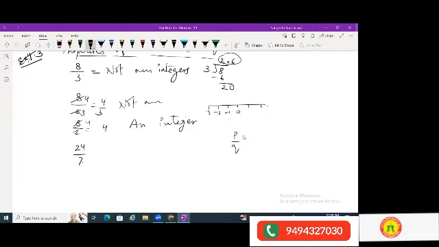ये भी एक डेसिमल फॉर्म ऑफ राइटिंग है, but this number is actually a fraction in p/q form, because we are not getting remainder 0. ठीक है. इंटीजर वो होंगे जहां पे हम divide करके get a remainder 0, but in this case we don't get remainder 0. So this is not an integer. ओके.